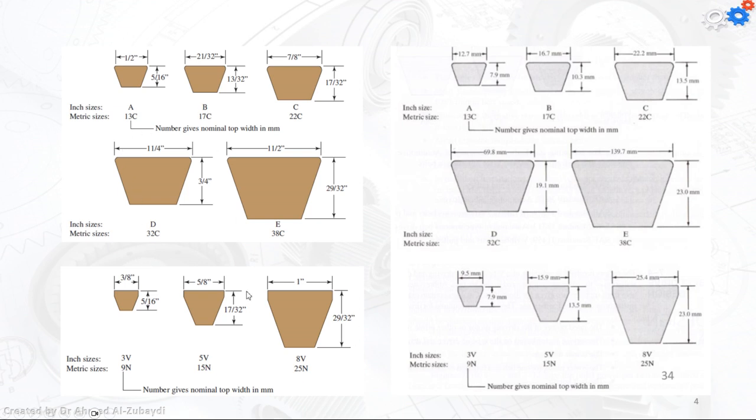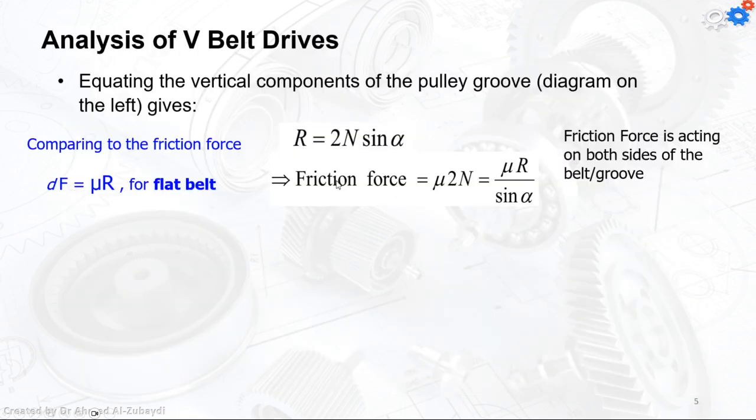Now, when you read these standards or tables, you can see that the upper one is going to be the inch sizes, and the metric sizes are usually a number plus a letter. So the analysis of the V-belt drive starts by equating the vertical components of the pulley groups,